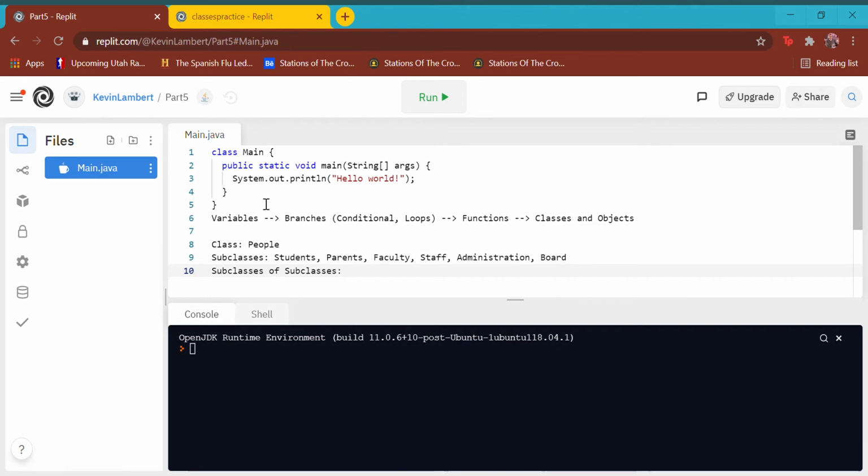You have nationalities at LCA. That might be a subclass, what country you're from. Faculty has subclasses. There's art faculty, and science faculty, and English faculty, and math faculty. Staff, you have your janitors, you have your secretaries, right? Administration, you have your principals, and you have your